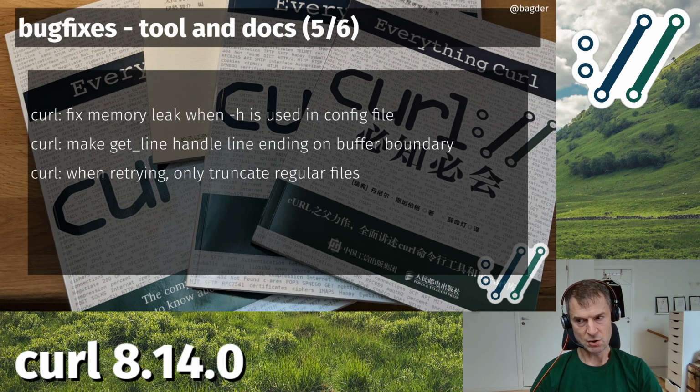So when you ask curl, the command line tool, to retry a failed transfer, with --retry, it'll just try to do it again if some conditions match.